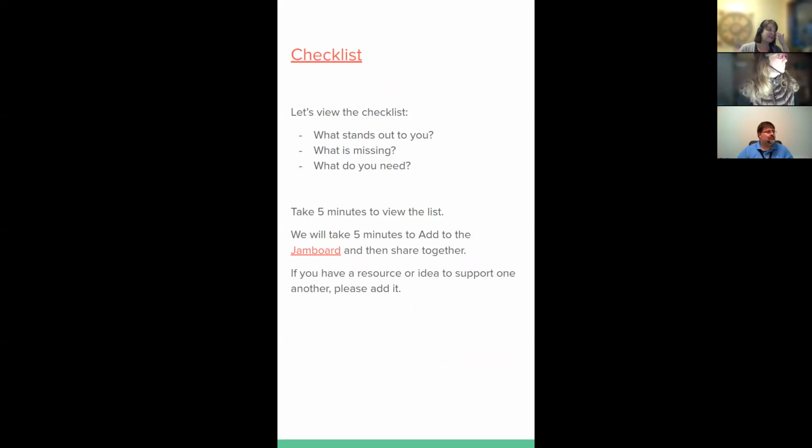So we're going to peek at the checklist, and when we are looking at it, just notice any tips or things that stand out to you, where you think, oh yes, definitely we'll need to remember that. Is there anything missing from it? I don't think it's a complete checklist. I think there are some things that might be helpful for your specific schools. And then are there any needs that you have? That could be something that I can help you with. So we are going to jump over to the